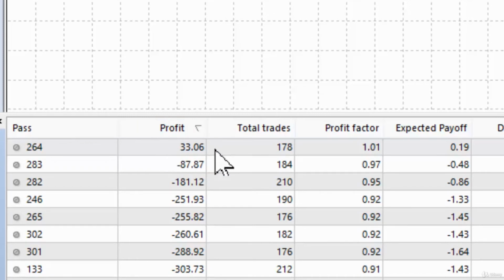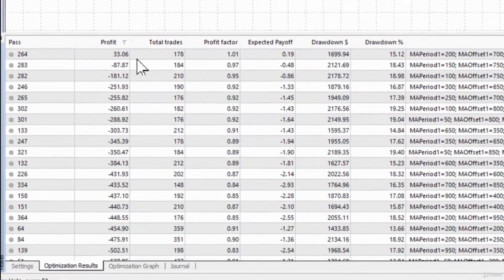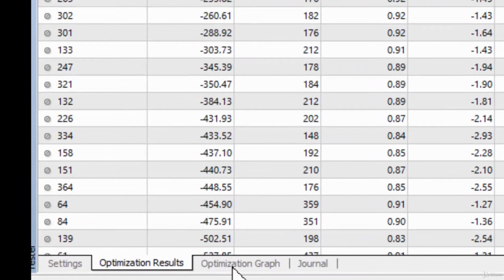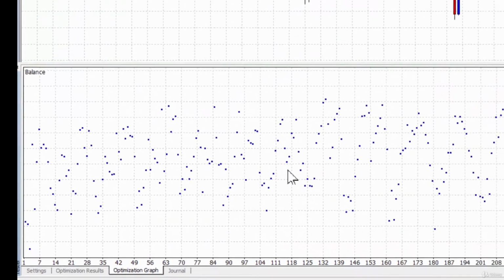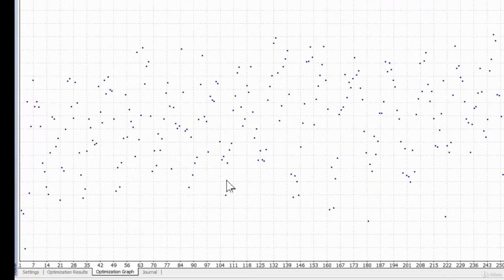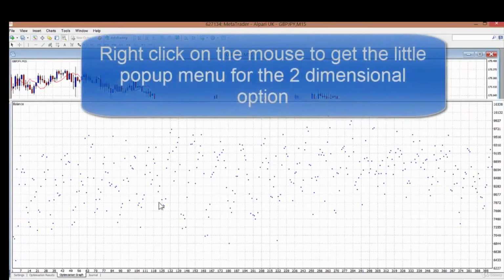Immediately that tells me that this is not a robust system on its own. In other words, you cannot under any circumstances trade the moving average crossover system on its own. Now, the tester also comes with an optimization graph, and I'm going to open that graph and see. Now, this doesn't mean much at all, but